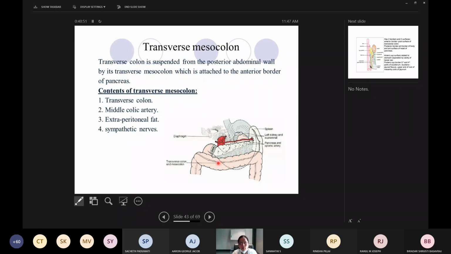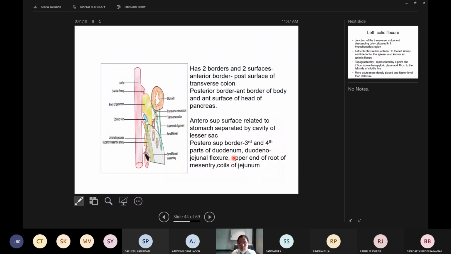So what are the contents? You can see there is a transverse colon. Here you will be having the middle colic artery which is supplying the transverse colon. Then you have got some fat, that is extraperitoneal fat, the nerves and whatever the vessels which are supplying the transverse colon will be seen in this transverse mesocolon. Now this transverse mesocolon,